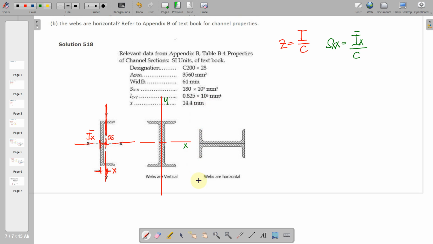And for the webs wherein the section is in upright position, of course, this will be our center of gravity. So horizontally it is symmetrical and vertically it is symmetrical. However, in our given formula, we need to determine the distance. Okay, why? Because from this original data,